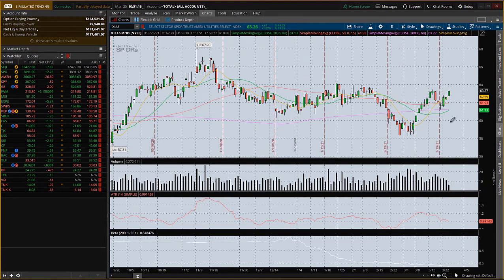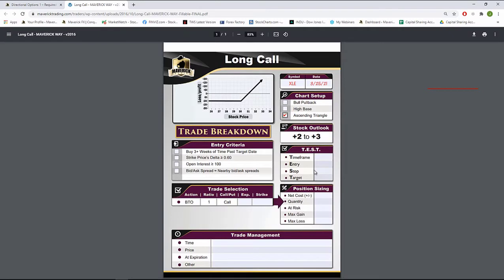So the first thing we need to talk about is our entry. And I'm going to go ahead and just be a little tight with this. I'm going to say, okay, if we can get above this area, now I'm going to get off my pin and get to my cursor, because what I love about this software is if I put my cursor at a certain area, it gives me a price, $63.50. So I'm immediately going to jump back over to my PDF and put my entry at, what did I say, $63.50. Okay, let's move on back to our